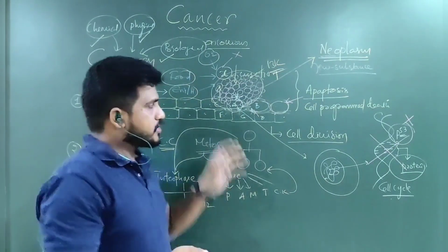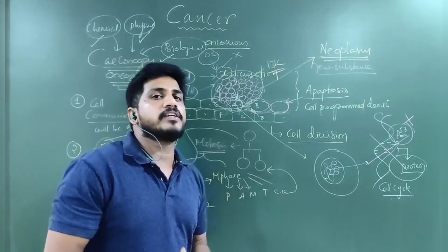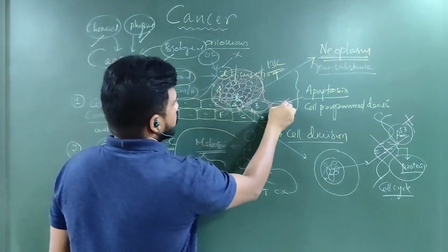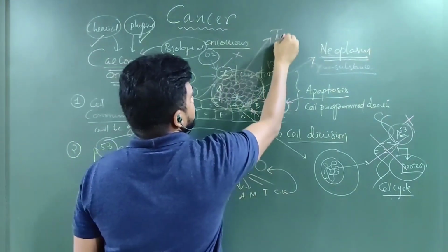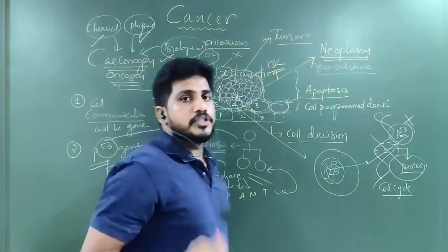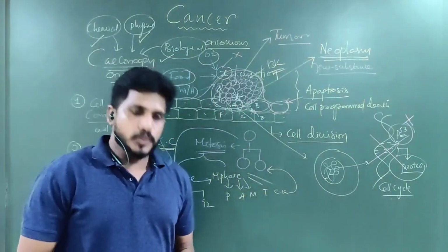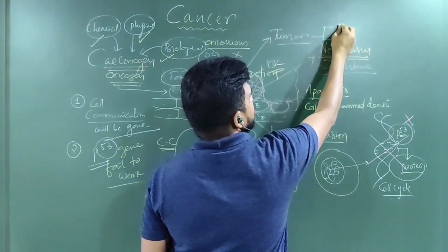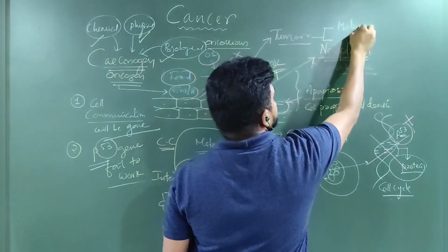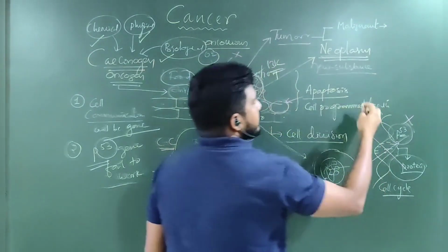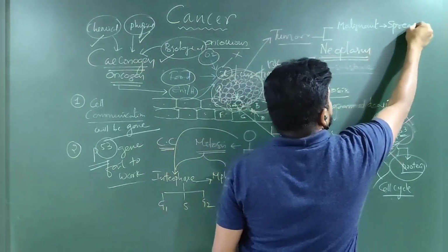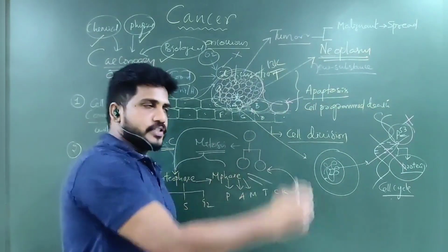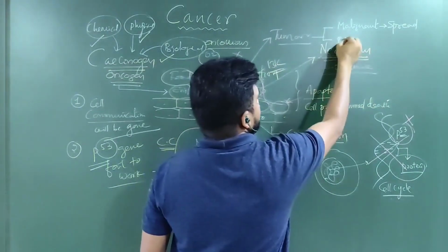General consumption will be disturbed. General function will be disturbed. So abnormal functions start. If you observe all this extra growth, then this is called a tumor. Tumors are of two types. If the tumor is malignant, then it can spread. It has the capacity to spread from one location to another location. They can shift. If it is a benign tumor,